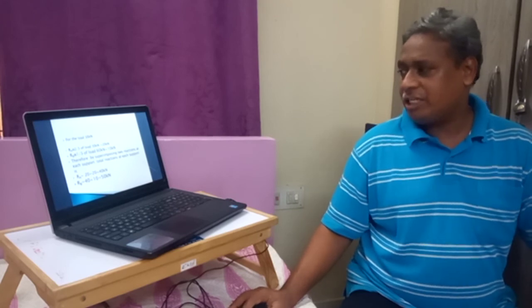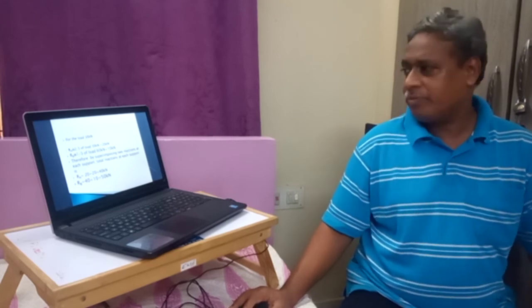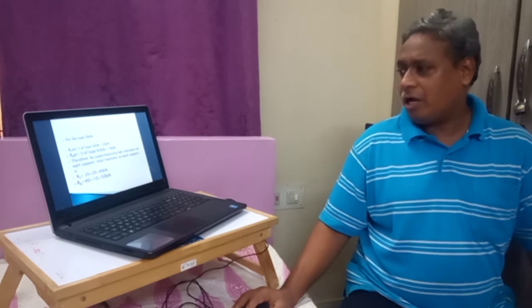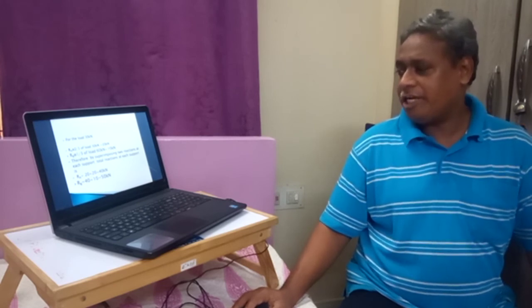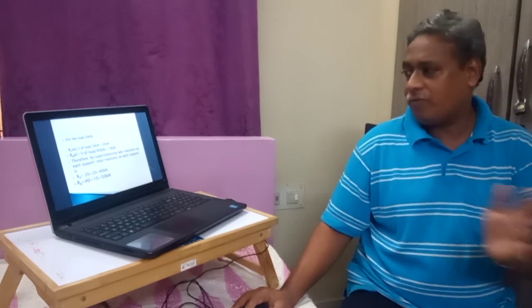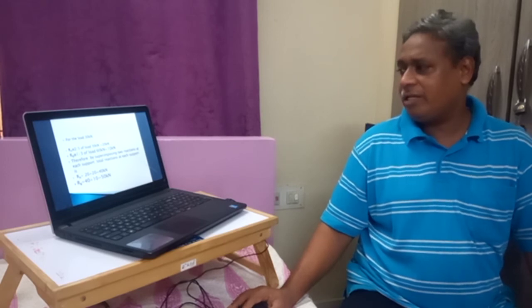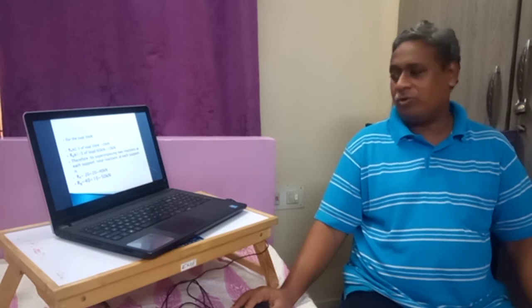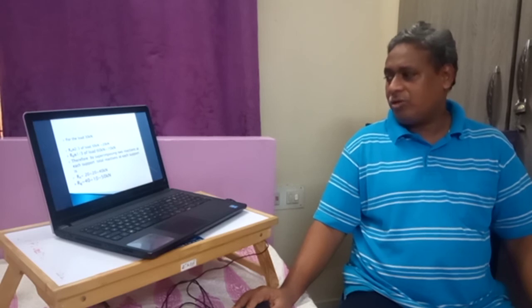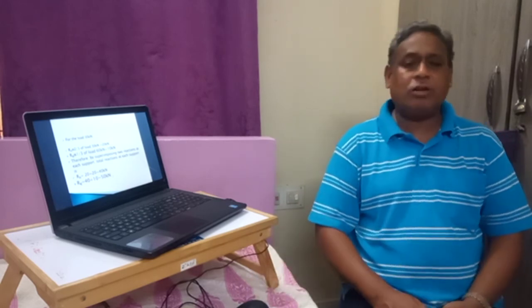Similarly, if we consider only the 30 kilonewtons load, the ratio will be RA 2/3 and RB 1/3 because it is nearer to RA and far away from RB. Therefore, at RA it will be 20 and at RB it will be 10. So if we superpose those reactions, then RA will be, due to 60 it is 20, due to 30 it is 20, so we will get 40 kilonewtons. At RB, due to 60 it is 40 kilonewtons, due to 30 kilonewtons it is 10, therefore we will get 50 kilonewtons.